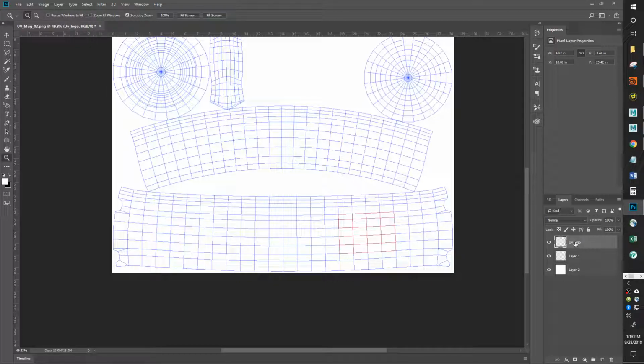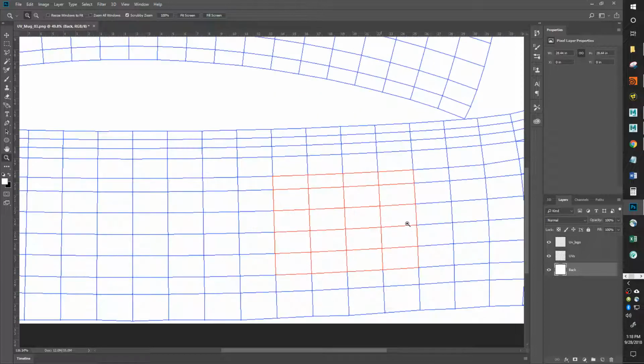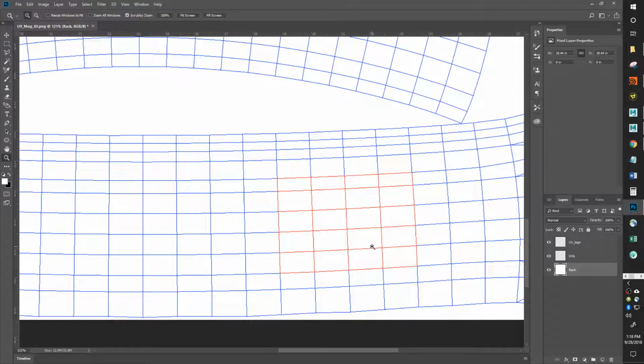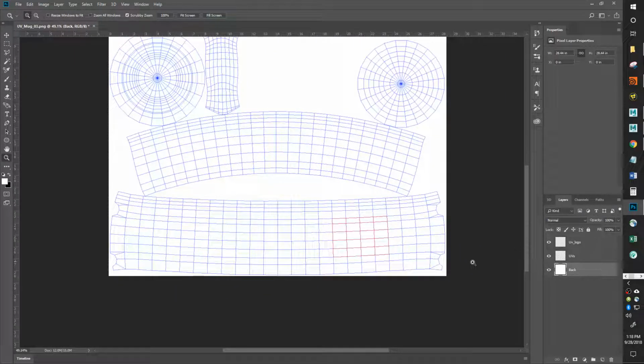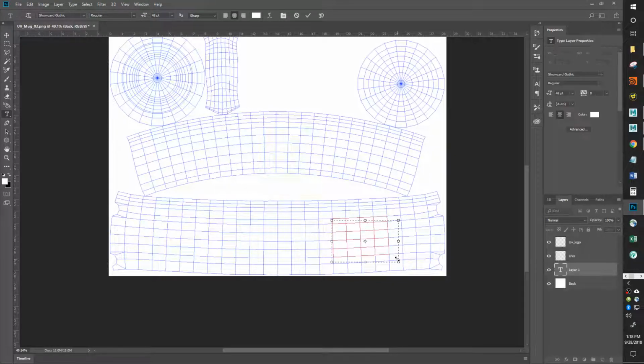And I do suggest you name your layers. Take a second every so often to name your layers. And we'll make this one back. Okay, so I know where my logo is going to go, and I have some kind of background color. And so now all I have to do is get a logo. So let's go ahead and I'll hit T to make a text field. And this is going to be simple. I hope you guys do something more creative. But for the purposes of making this short, I'm just going to go ahead and